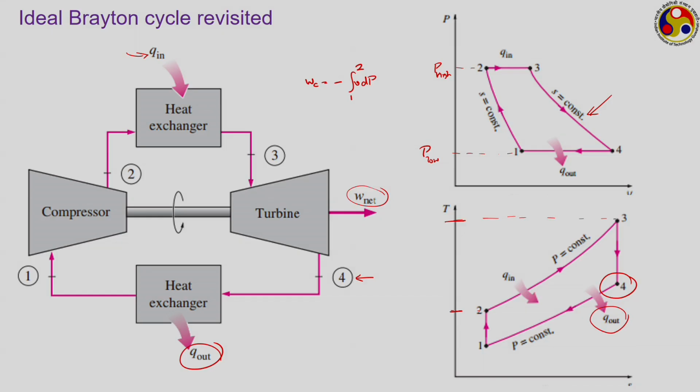But instead of working with a gas, if we can work with a liquid, then we can get a drastic reduction in the specific volume, thereby causing a significant reduction in the value of this compression work, and hence even if the turbine work remains the same, there will be a substantial increase in the net output that we should get from the cycle, and that is precisely what motivates us to go for the vapor power cycle, where though the